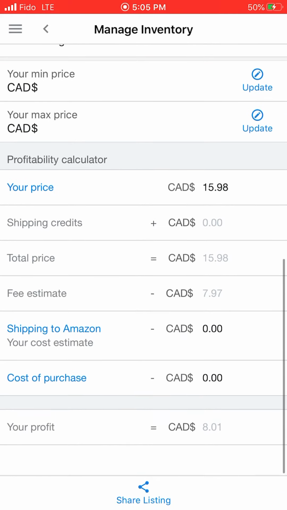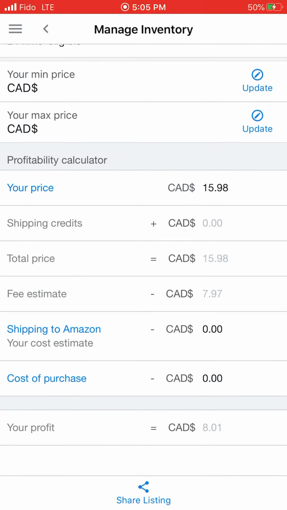But we want to look specifically to the profitability calculator, which is at the very bottom of your inventory for that unit. Here we can manipulate things like the price. We can add in things like our shipping fees. How much is this going to cost us to get it to Amazon? Our cost of purchase. And then we can manipulate it to see how much profit we would make. So as it stands, Amazon's fees for this product are $7.97. If you look at the fee estimate, it says